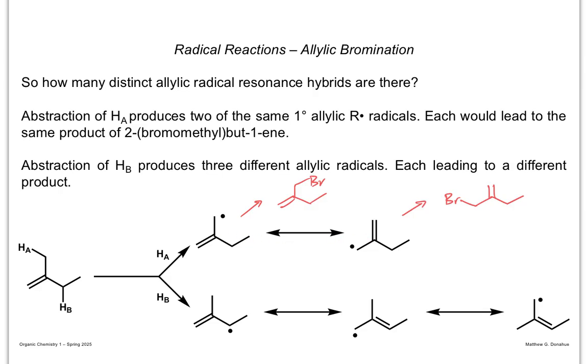So for these resonance forms, they're producing the same thing. We saw from this one that you can produce two stereoisomers, the R and the S. For this one, when you substitute, you're not going to generate a stereocenter, but it's different from the other products we've already formed. And then when we do the same thing for the last one,